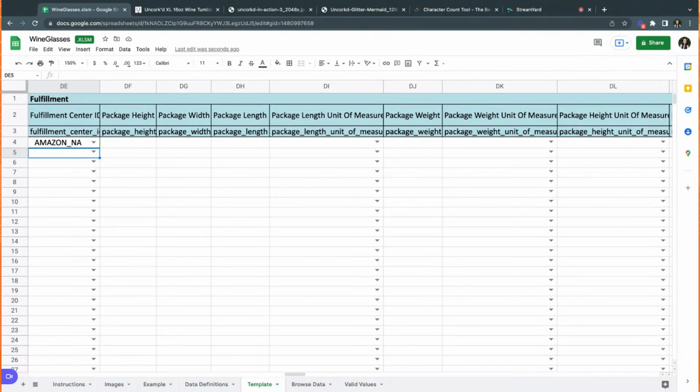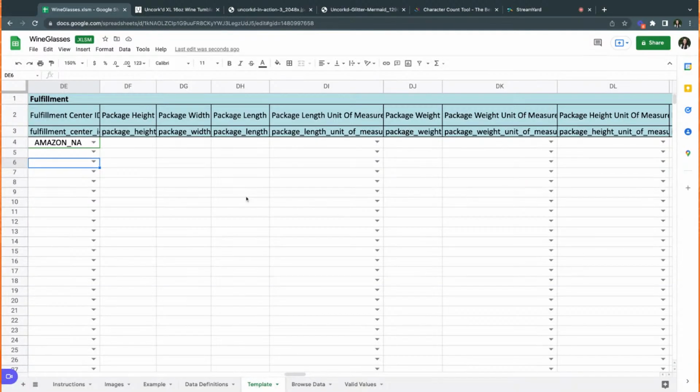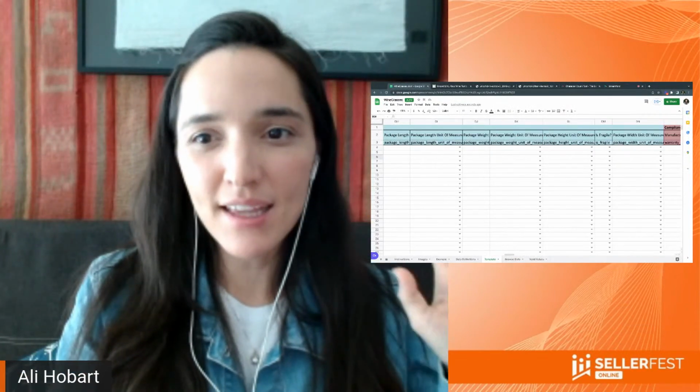And then you already know that maybe you had a typo or it was case sensitive. Let me just try it, like Amazon. Yeah, there was a problem. So see, because it wasn't one of the values. But okay, last thing, I think that was the last thing.